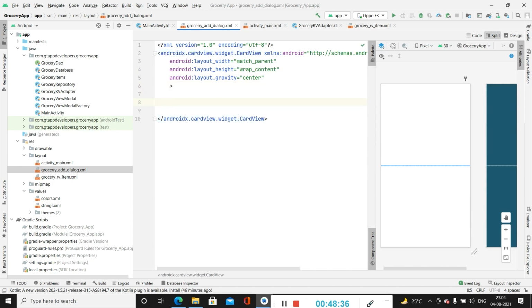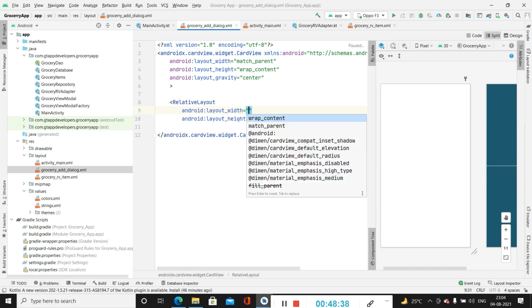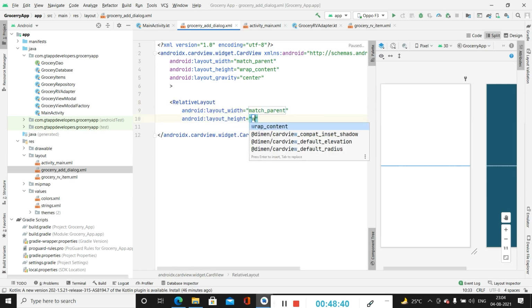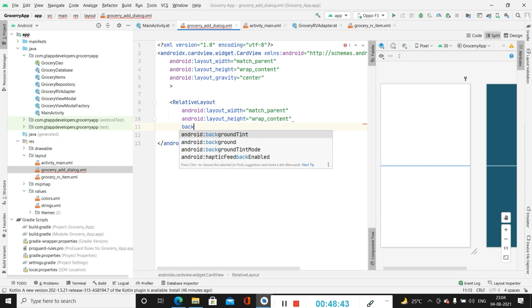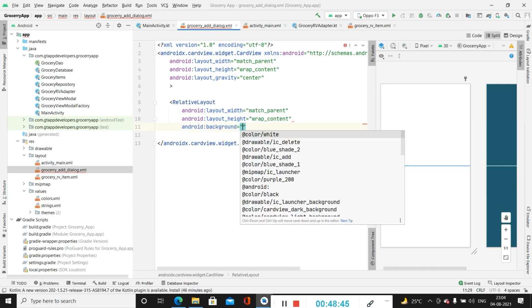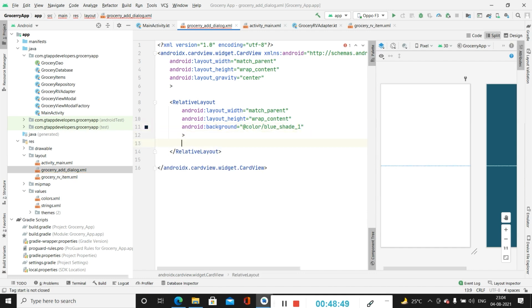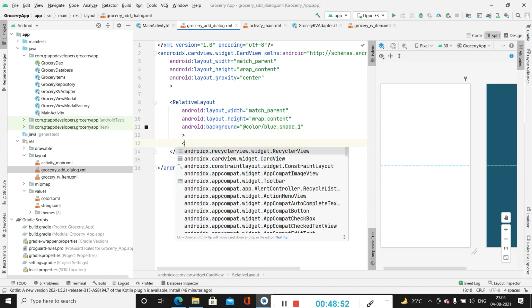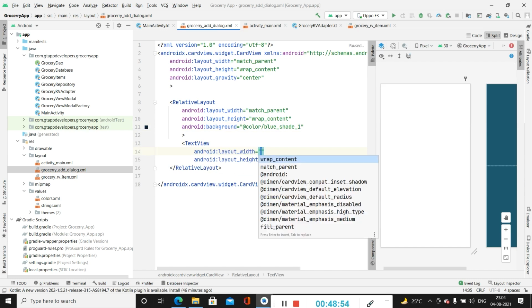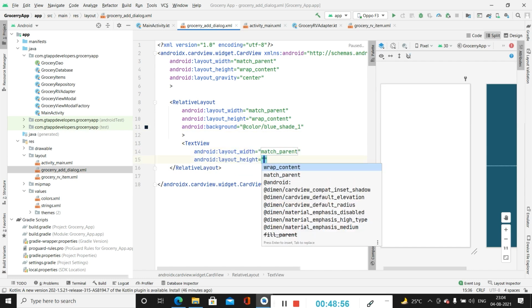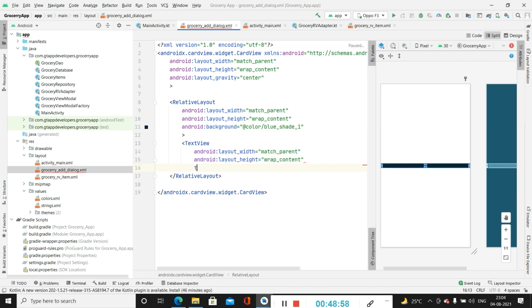Now after that, inside this we will be firstly creating our relative layout, specifying width as match parent, height as wrap content, background as blue shade 1. Now inside this relative layout, firstly we will be creating a text view, that is a simple text view inside which we will be adding a heading. Specify width as match parent, height wrap content.